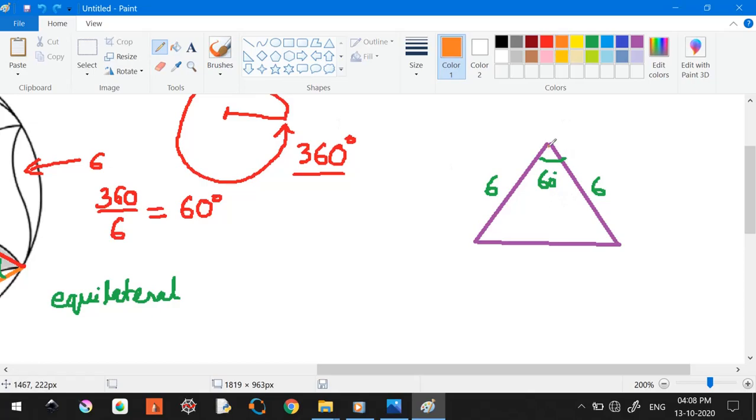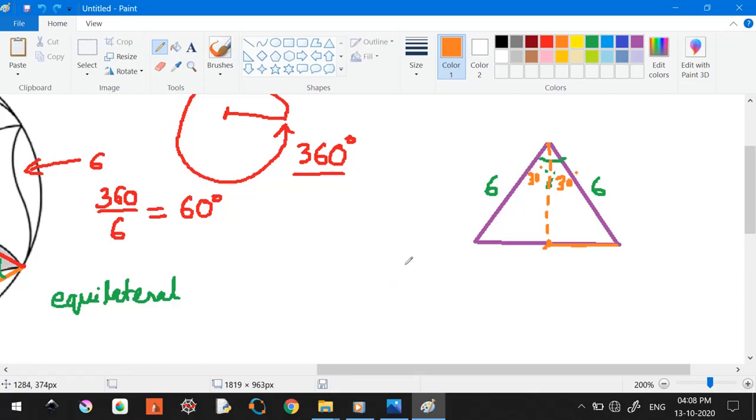Let me explain that. If I draw a perpendicular, a vertical line passing through this point, it will divide this particular line into 2 halves, right? So the half angle here is going to be 30 degrees and the half here is also 30 degrees. Now I know one angle, so it is easy to find this length and this length using formulas from trigonometry, which are sine, cos, and tan.